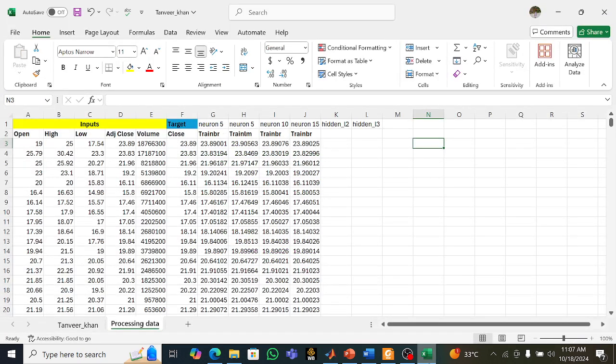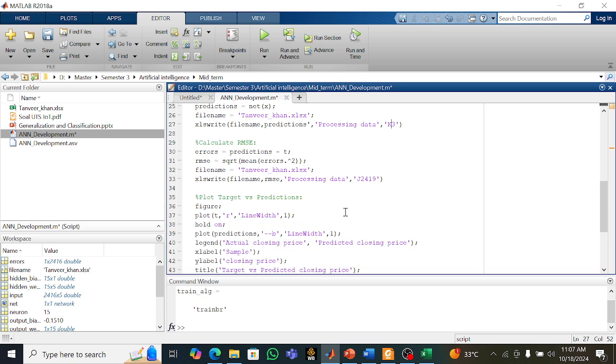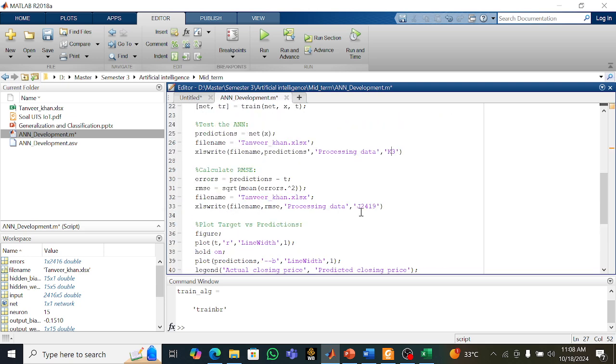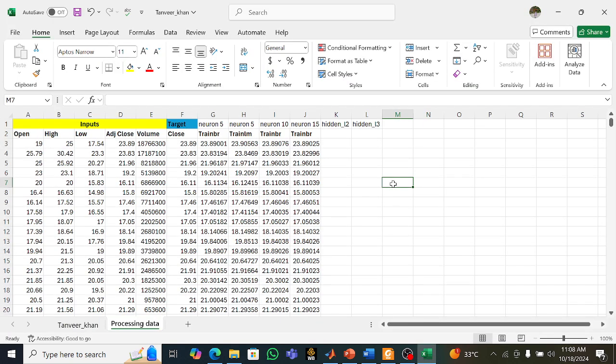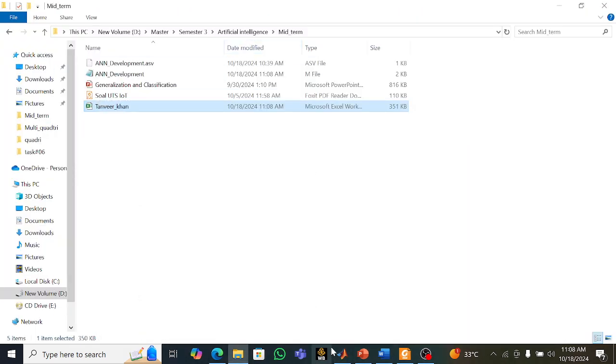And we choose K3. Okay, K3 here, and we will see K3 prediction here and the root mean square error here. Okay, now we'll save. We'll save this one as well and close this one, and then we will run this